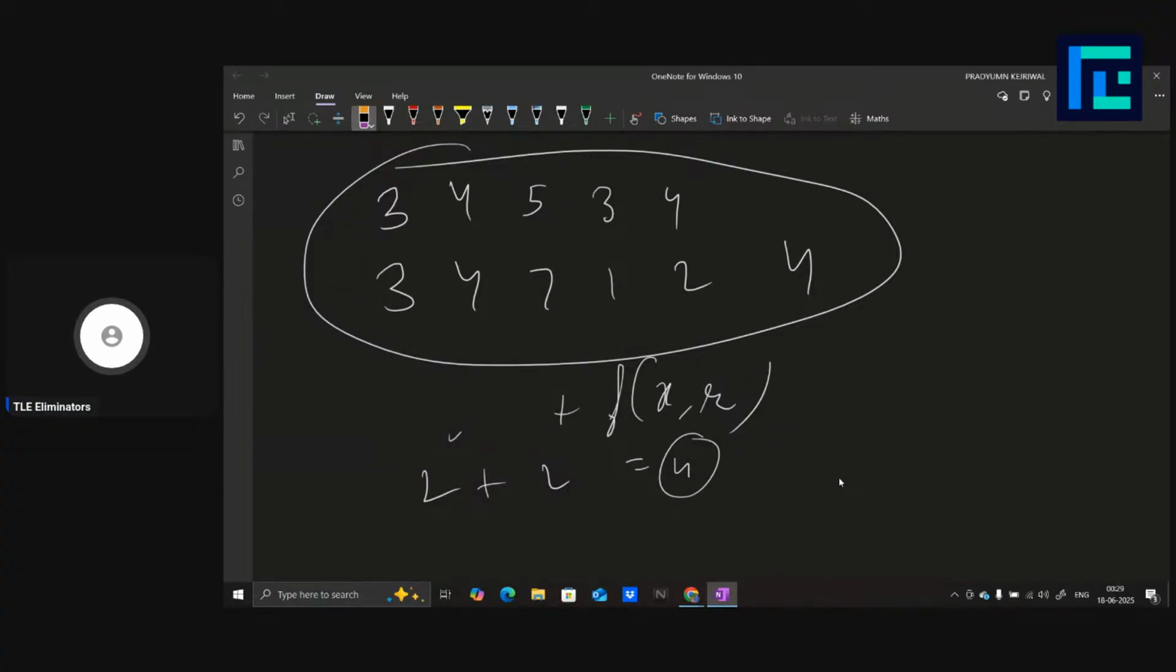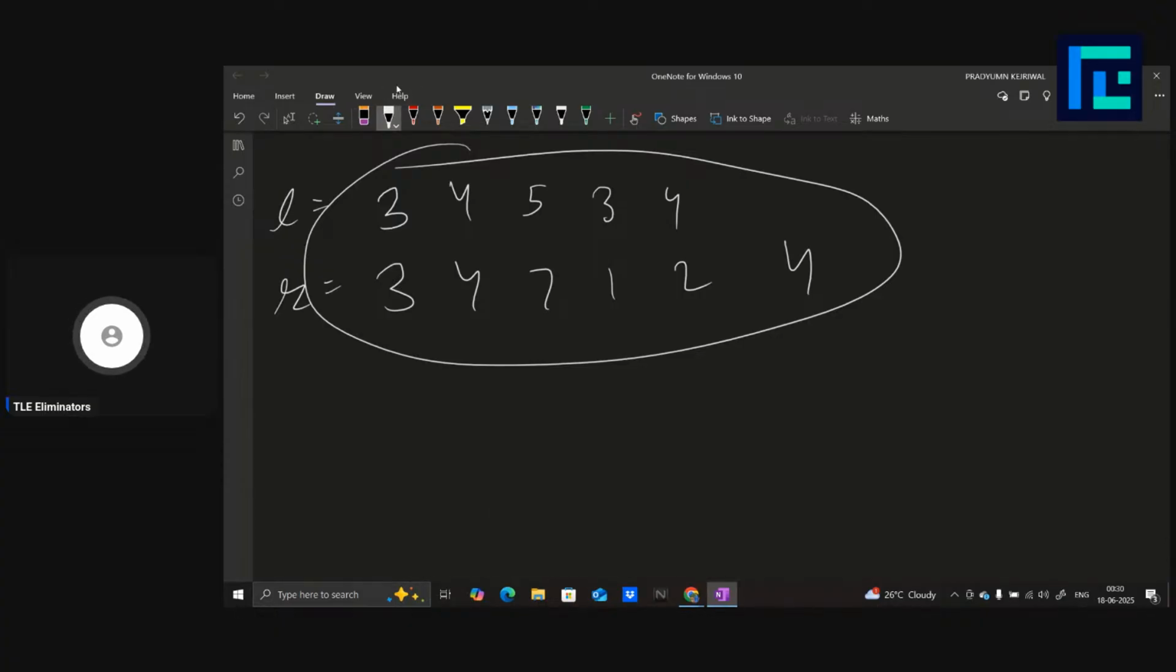Basically, what you can simply observe here is, since this is your L and this is your R, you want a value between these. So if you want a value between 3 and 3, it is 3 only. There has to be a 3 only here. Then of course there has to be a 4 here, right? Then now,